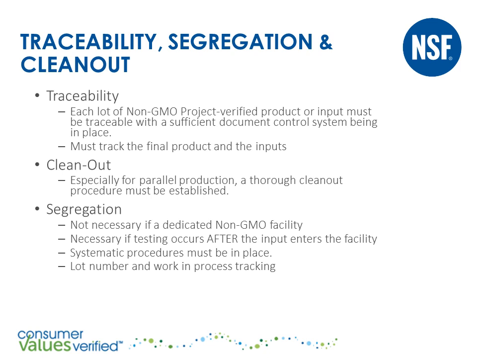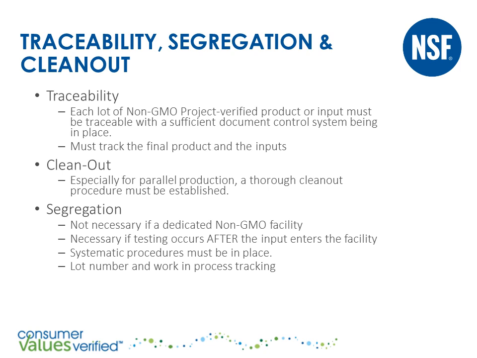Traceability and segregation are the 2 main requirements of a compliant quality management system. Each lot of the Non-GMO Project verified product or input must be traceable back to the specific lots of that input used in its production. Systematic procedures shall be in place for tracking of lot numbers and/or marking the labeling and packaging containers and storage facilities to assure